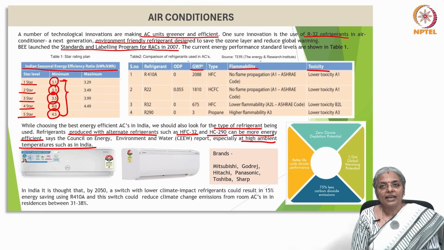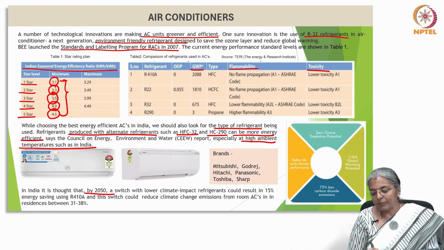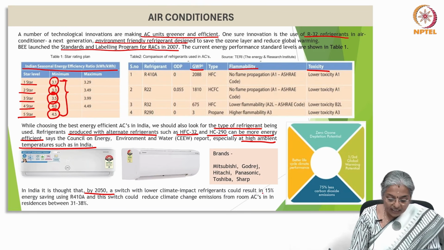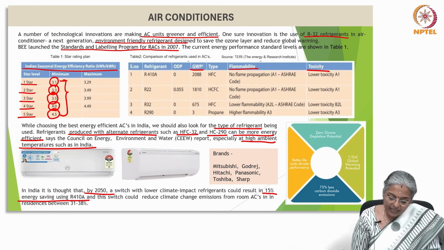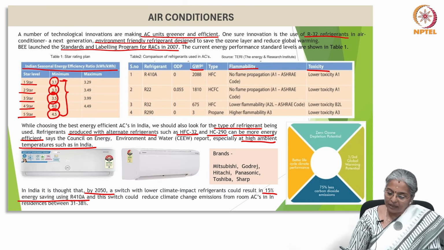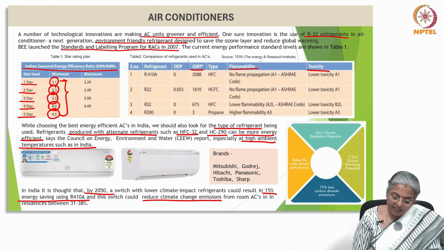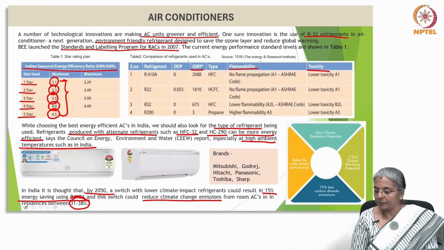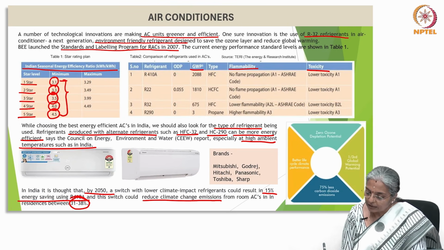In India, it is said that by the year 2050, a switch to a lower climate impact refrigerant can result in 15% energy savings compared to when we use R410A, and this switch can mean that we can reduce climate change emissions from room air conditioners in residences by 31 to 38%. So, we should be able to do this in order to reduce global warming potential by 1/3,